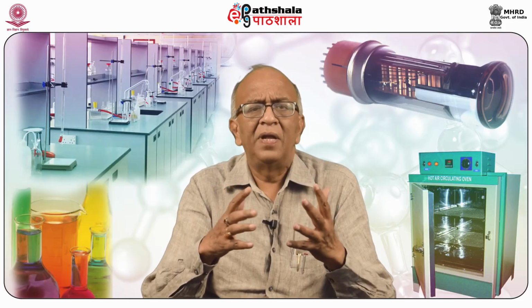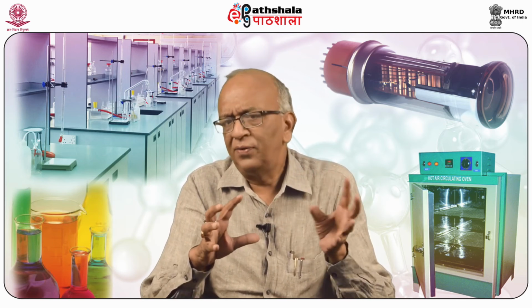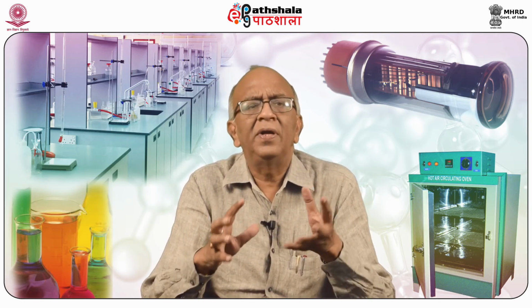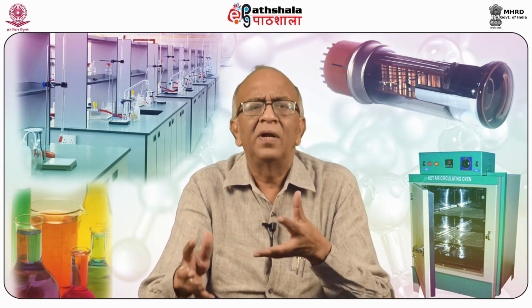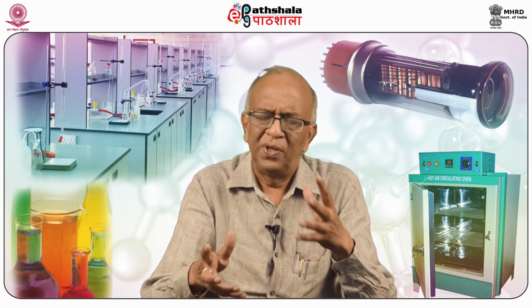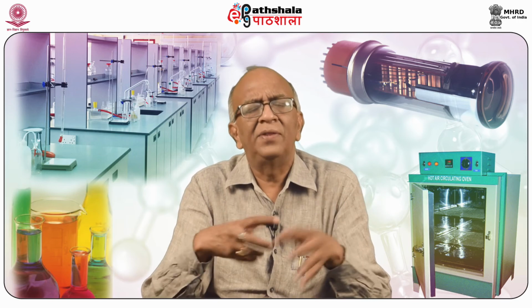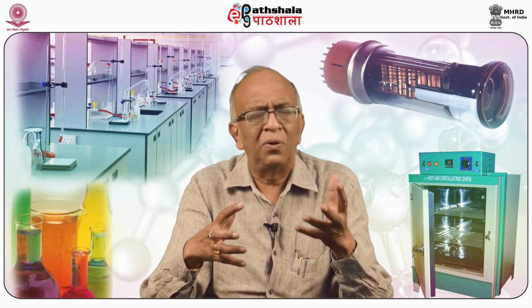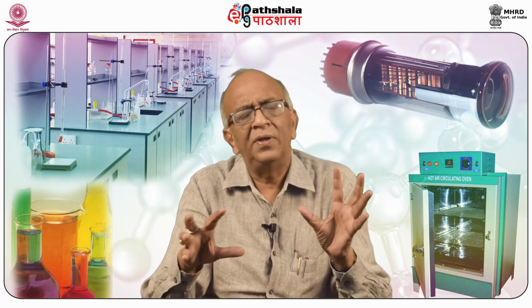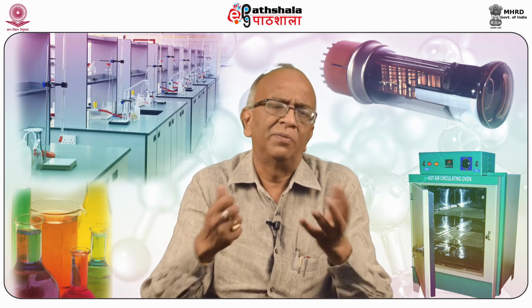This generates an electric current which is directly proportional to the radiant power of the electromagnetic radiation. The devices which are used for measuring the radiant power of the electromagnetic radiation in the form of generated current are known as photovoltaic tubes or photomultiplier tubes. In photomultiplier tubes, there are anodes and cathodes, and when ejected electrons strike, they produce an electric current, and these signals come in the form of absorption or transmission.